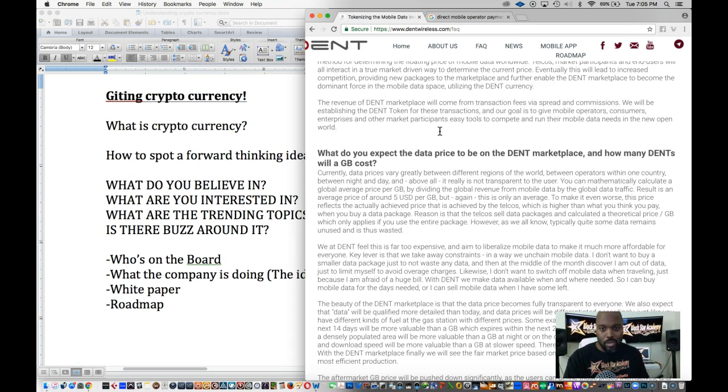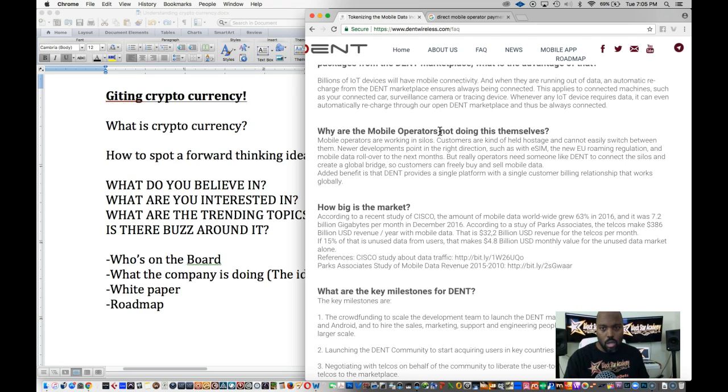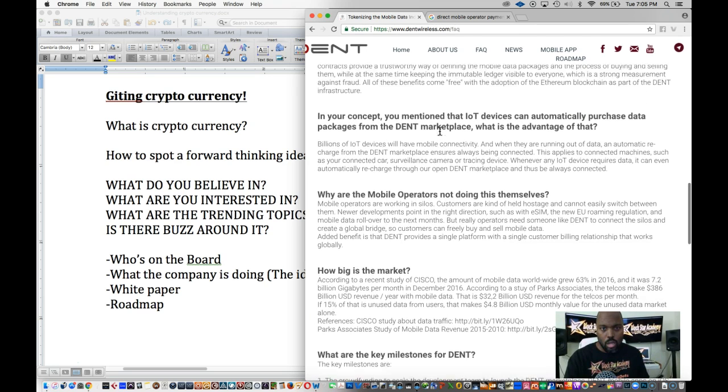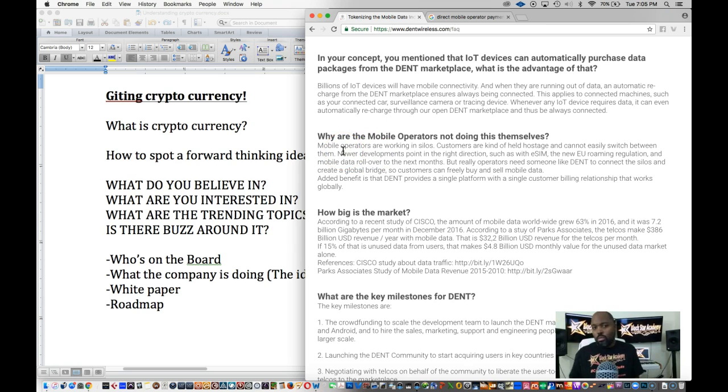Okay, here we go. I'm going to show you where we were talking about the silo stuff. I believe it was up here. Mobile operators. Here we go. Why are the mobile operators not doing this themselves? Mobile operators are working in silos. Consumers are kind of held hostage and cannot easily switch between them. That's very true. And for any of you who've ever tried to switch between mobile companies, it's a pain. Newer developments point in the right direction, such as with eSIM, the new EU roaming regulation, and mobile data rollover